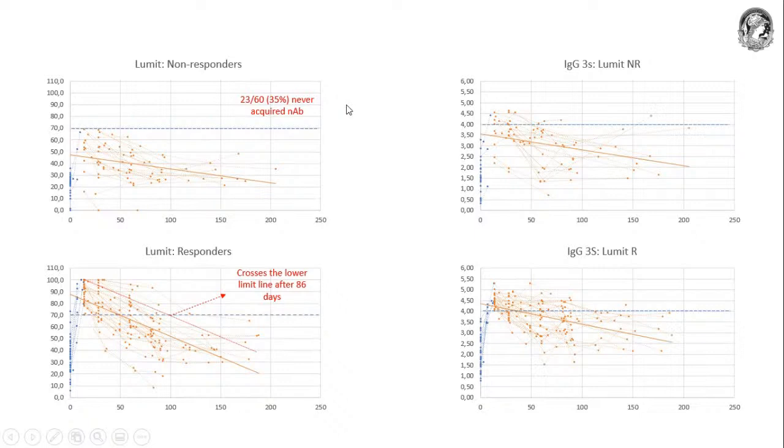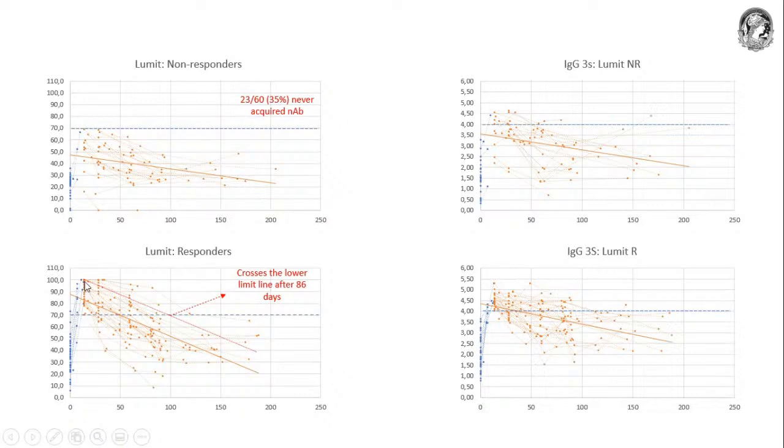So 35% of the patients that were immunized with CoronaVac in our data, which is a small number that we measured this antibody in, were not fully protected against infection. Among the ones that reached the level of the neutralizing antibody, we were able to draw a regression line and find the rate of antibody decay. And you consider that if a patient had 100%, fully protected, the maximal level of detectability